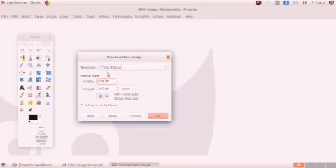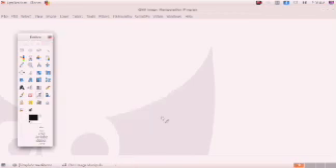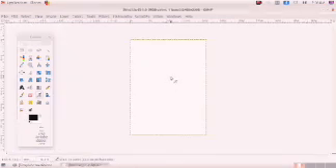The measurement is given in millimeters, 209 then 297 in millimeters. Okay, then click on OK. Here the canvas is ready, but this canvas is colored white.